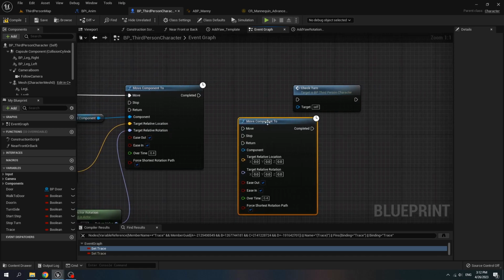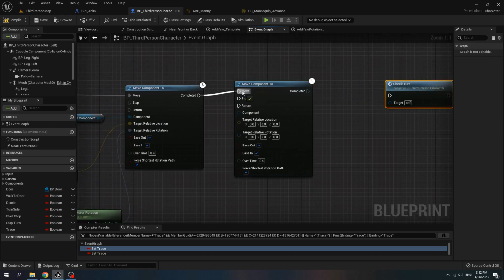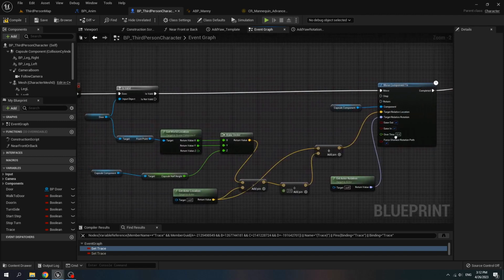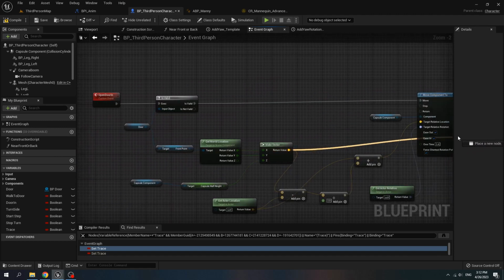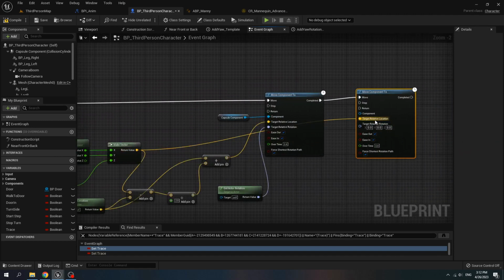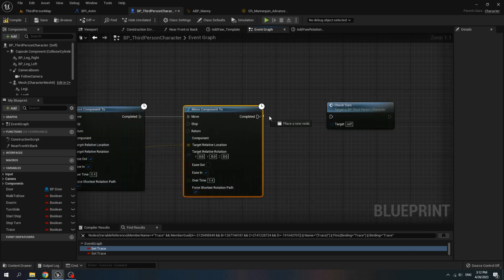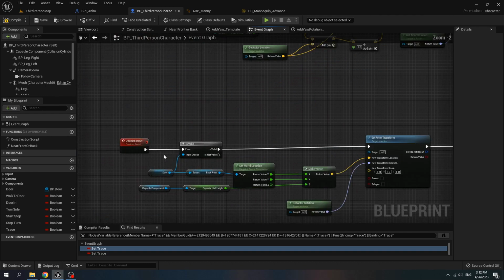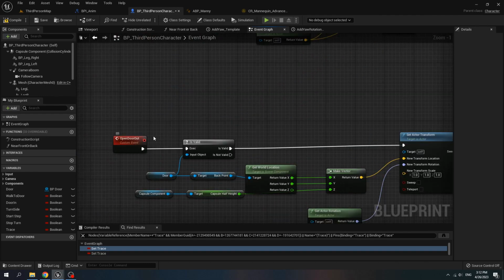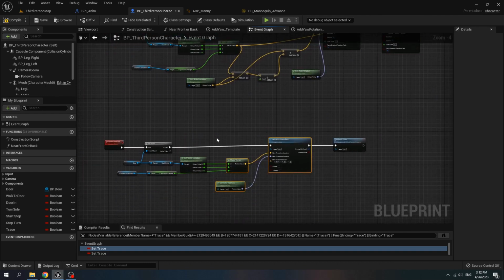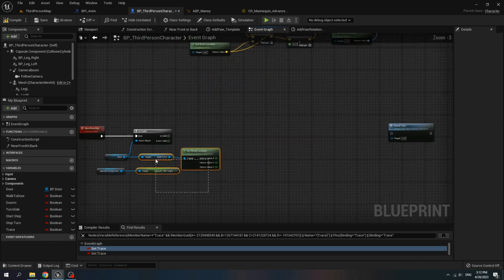Copy this move component to, and when it completes, call move, and then connect this vector to the target relative location. Disable is out, connect it to check turn, and for the open door out, delete this set actor transform,